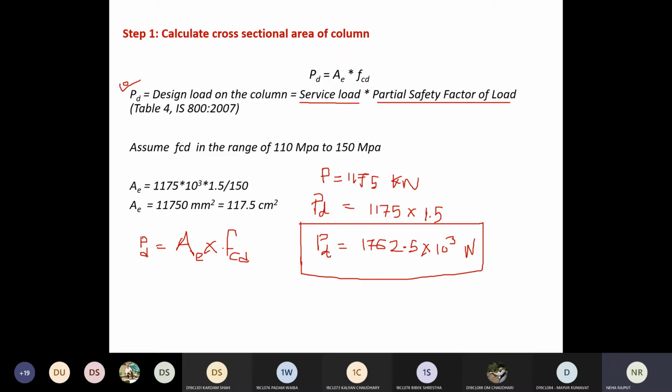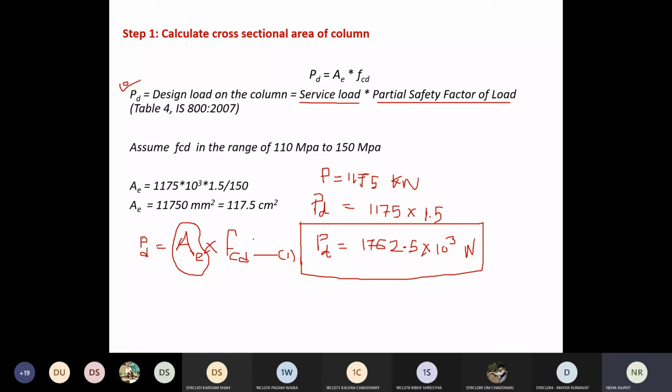Right. So initially you have to assume something, because this is one equation and two unknowns. So with one equation and two unknowns, you cannot find the unknown value. So what you can do is you need to assume something either for AE or for FCD. Now it is not possible at initial stage to assume this AE value.